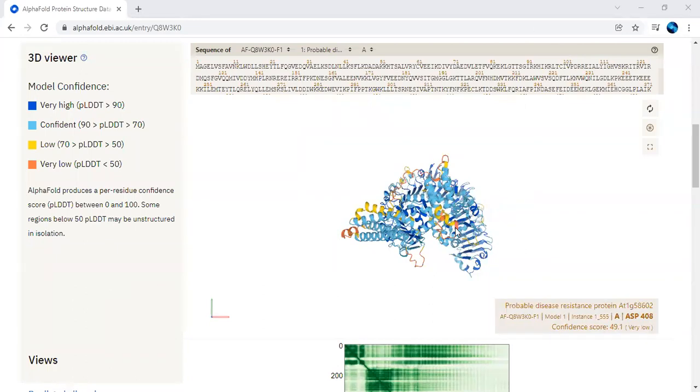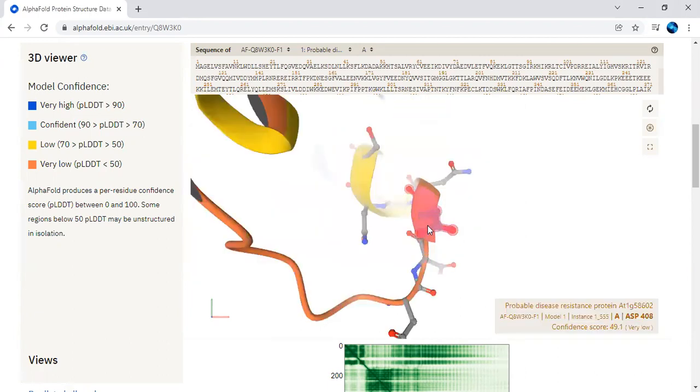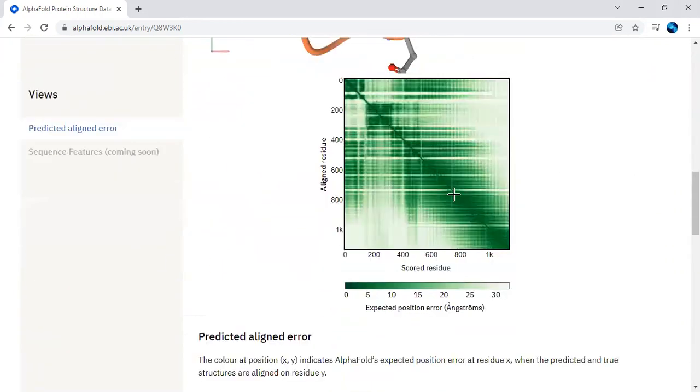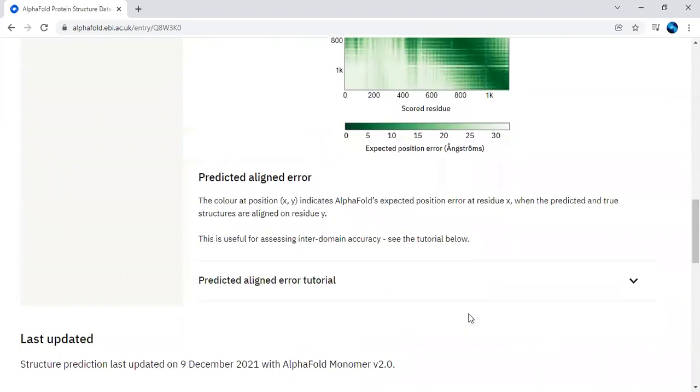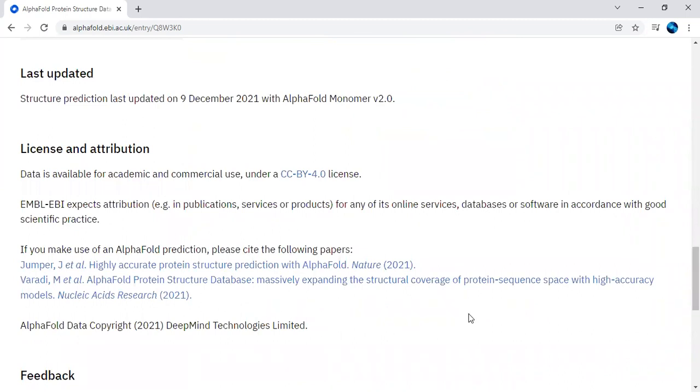So here you will see that with respect to the 3D structures, which have been predicted based on the sequences using AlphaFold, you can get the particular region, the pocket region of the complex structure. And you will get how the aligned residues with respect to the scored residues have been given, and that has been included with the predicted aligned error in Angstrom units. Just remember that this particular database is still under updates. Okay, a number of features are still coming.